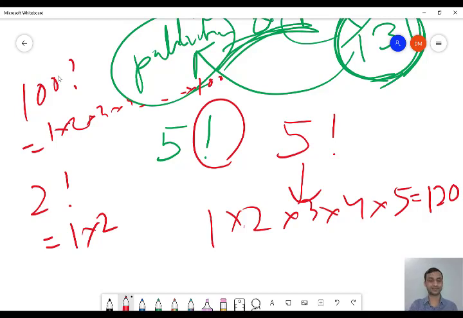So you have to think, okay, this is your job. You have to think how you can multiply and find the factorial. For example, for 7, you have to start multiplying from 1 till 7. Just think how you can do it. It is very easy. You just have to use your mind.